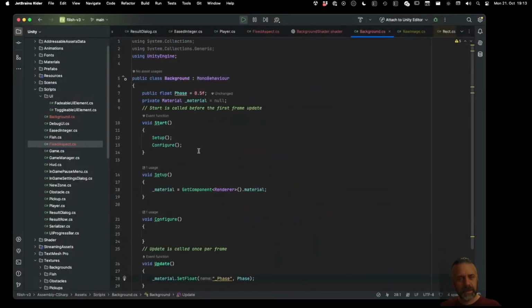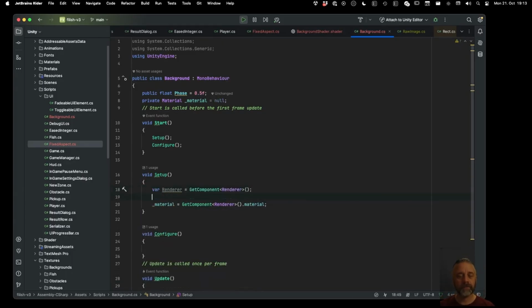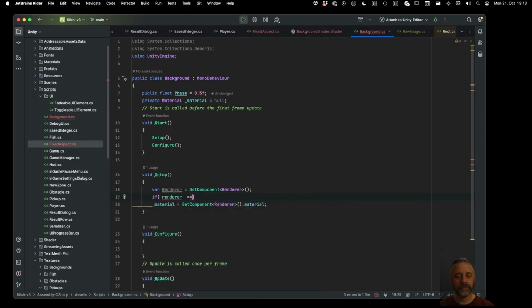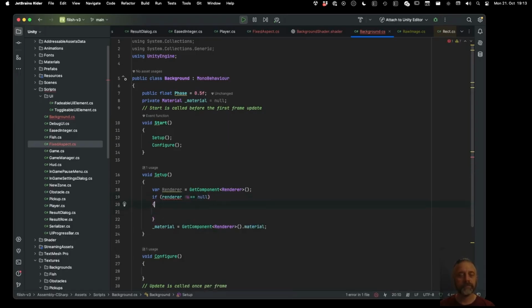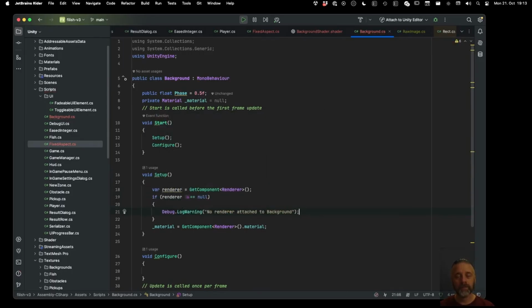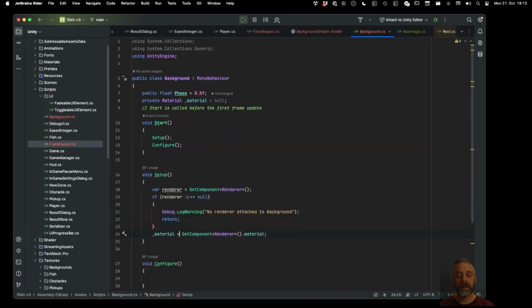Okay, so material is null. Okay. If renderer, debug log warning, right, and then